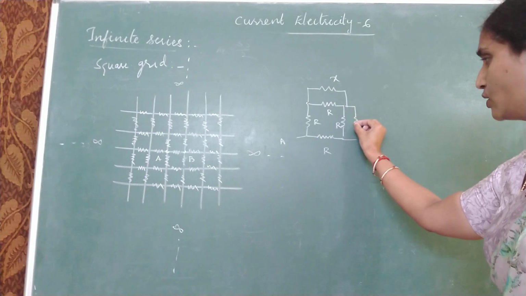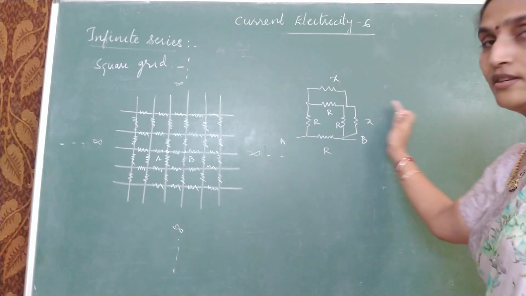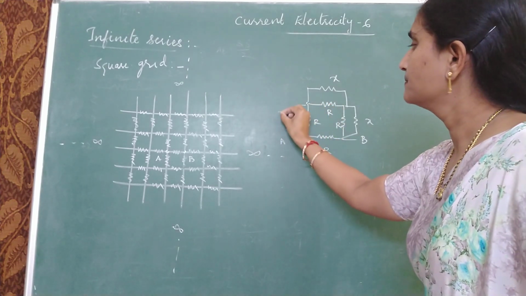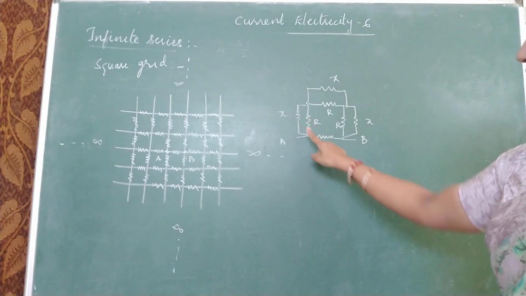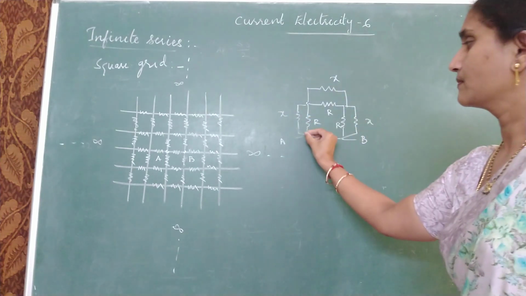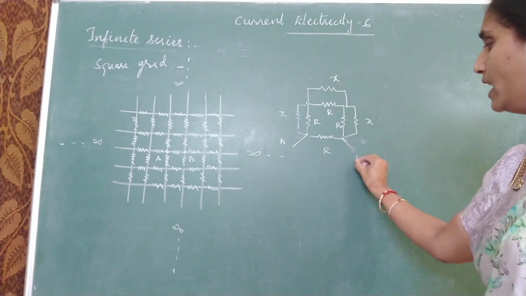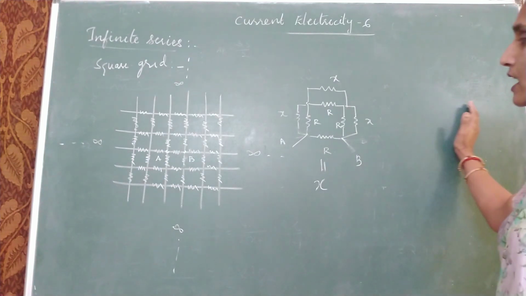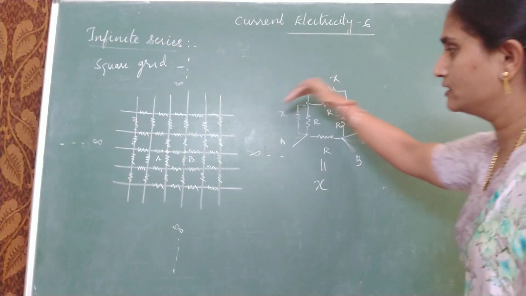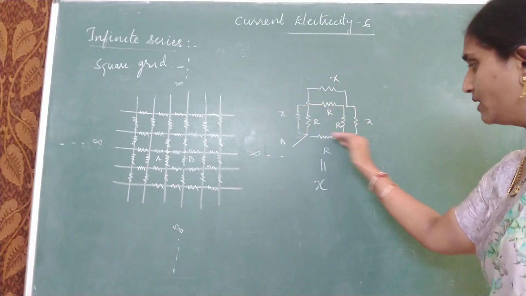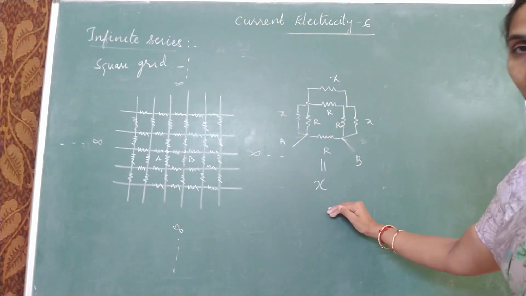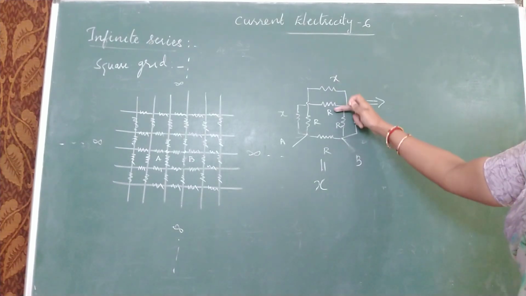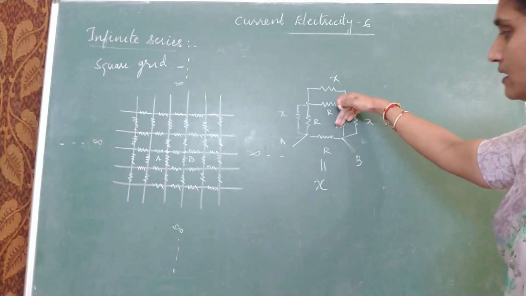We get the same answer here also, adding all these infinite branches. From here also I will get it as infinity, which is equal to X. Now after adding this, my answer between A and B should again be equal to X. See, I am assuming after adding all of them till here it is X, till here it is X, till here it is X. Even between A and B your answer should become equal to X. Now see, what is this equivalent to? R and X in parallel, R and X in parallel, R and X in parallel.